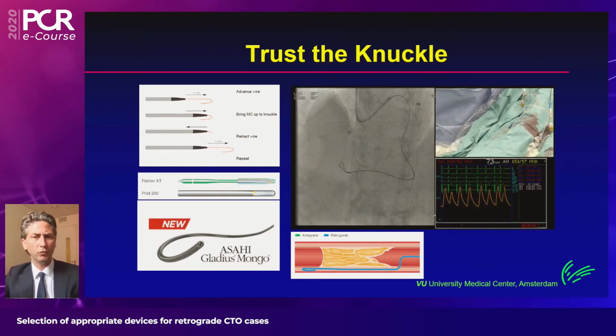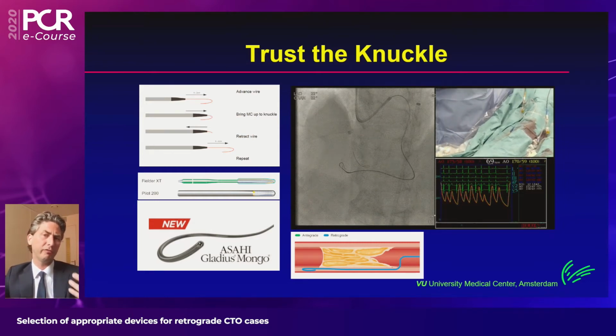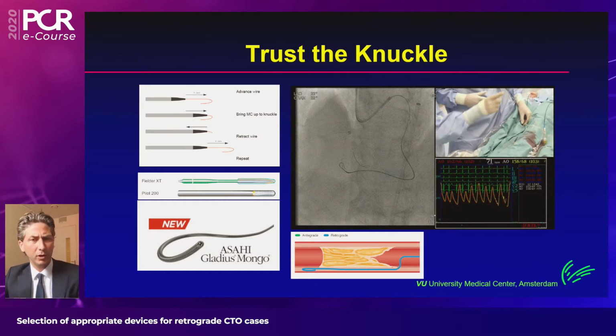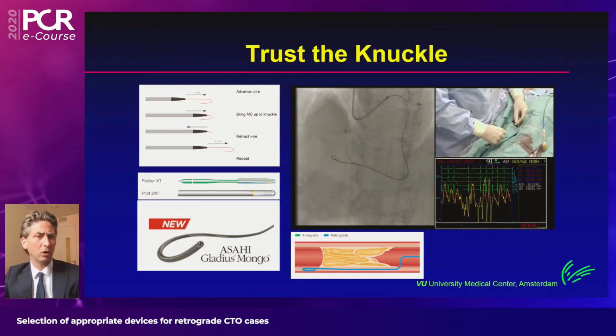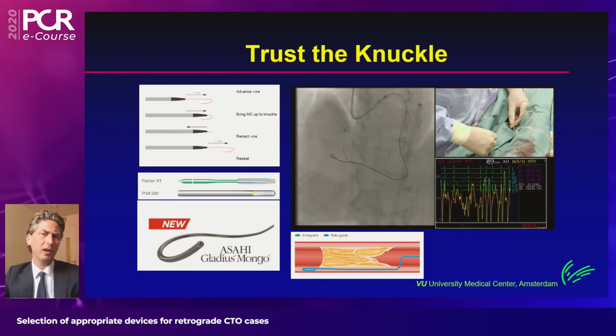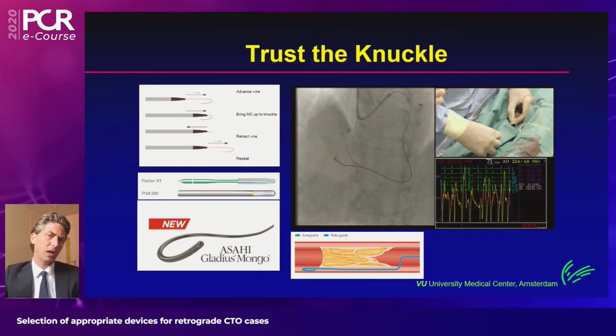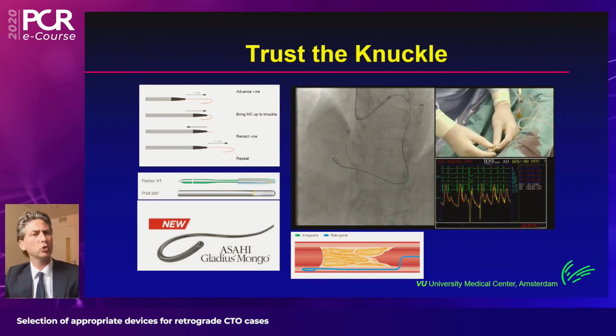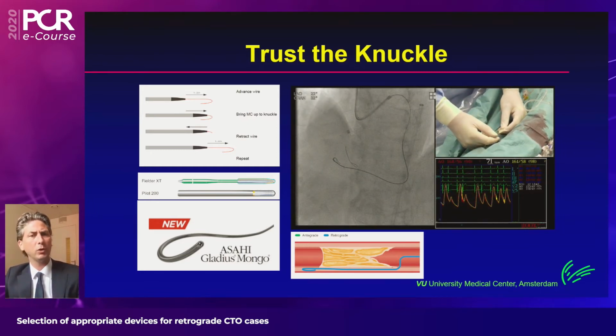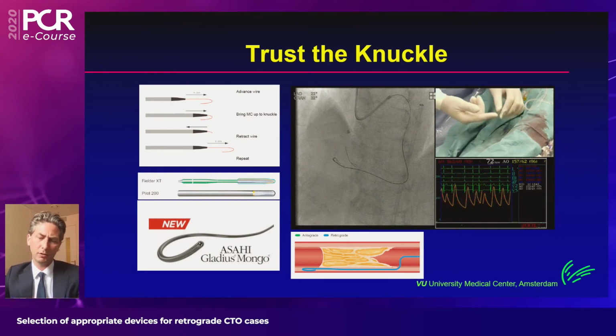And this is a very safe maneuver. It's often safer than taking a stiff wire, which may exit the vessel, because a knuckle wire will virtually never exit the body of the vessel. More recent contemporary wires are from Asahi, with the Gladius Mongo wire, which is a dedicated wire to knuckle, but it's not available in Europe yet. I've been fortunate enough to test it in other foreign labs a couple of times, and it shows great promise with a firm knuckle that will retain its shape to navigate safely through